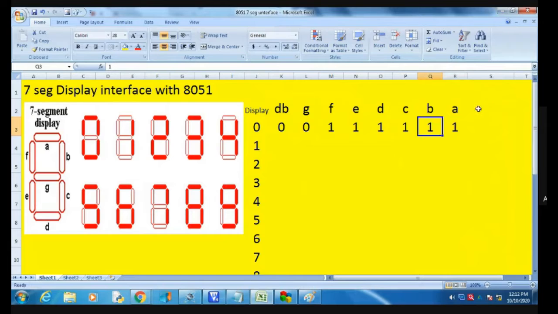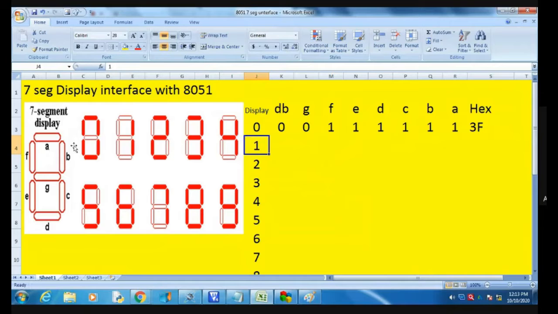So the hexadecimal code is 3 and F. So the hexadecimal value is 3FH. Okay, 3FH.